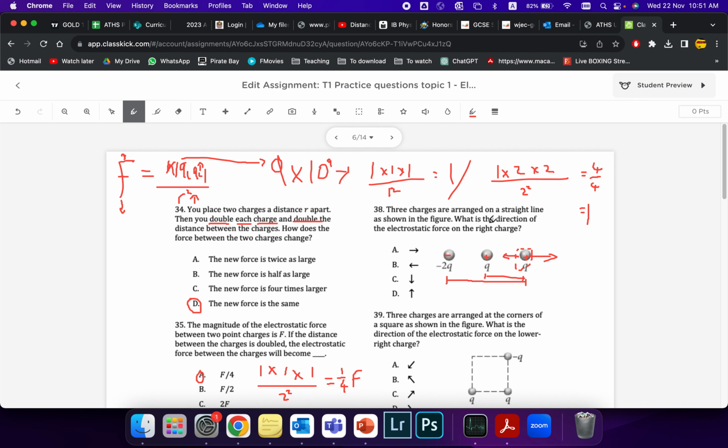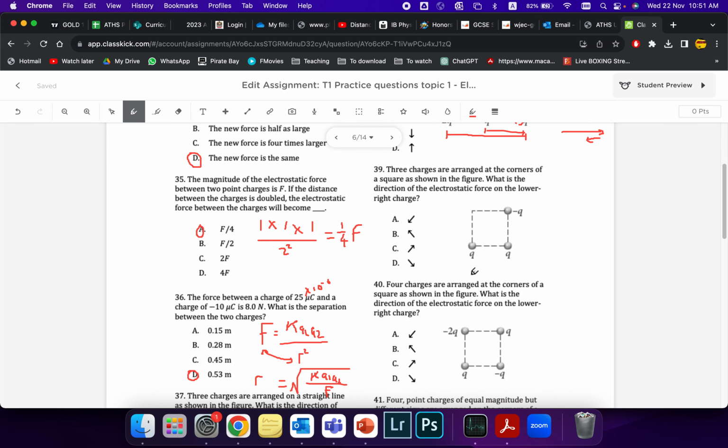So that means, back onto this, you will realize that this force is a stronger force than this force. The right force will be stronger than the left force. So they will cancel, but not as much. Overall, it will be going to the right. All right, nice. So, moving on to the next one, we have 3 charges arranged at the corner of a